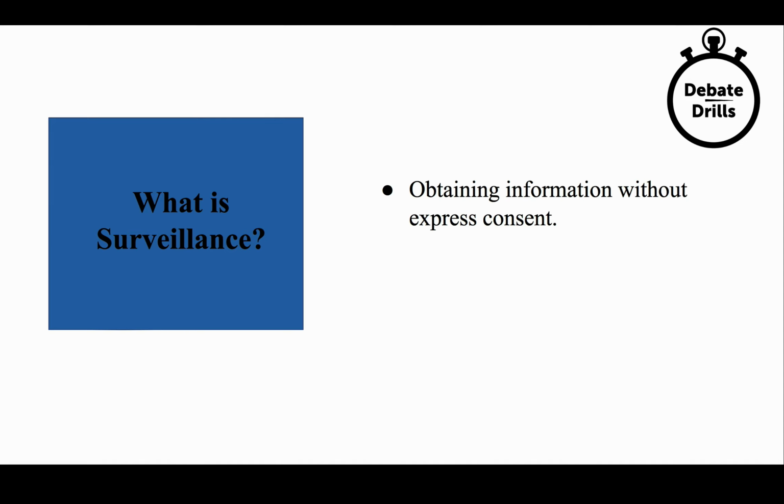In the digital age, what makes things different is that oftentimes your information can be collected automatically, and it may just be difficult to obtain a warrant. For example, if you carry out a phone call and Verizon is able to have information about who you called and pass that along to the NSA, the process of obtaining a direct warrant for that would be tricky and likely is not something that would happen. So surveillance, in a broad strokes understanding, is just the obtaining of information without express consent, in this context particularly over digital media such as telephone calls, email, social media, etc.